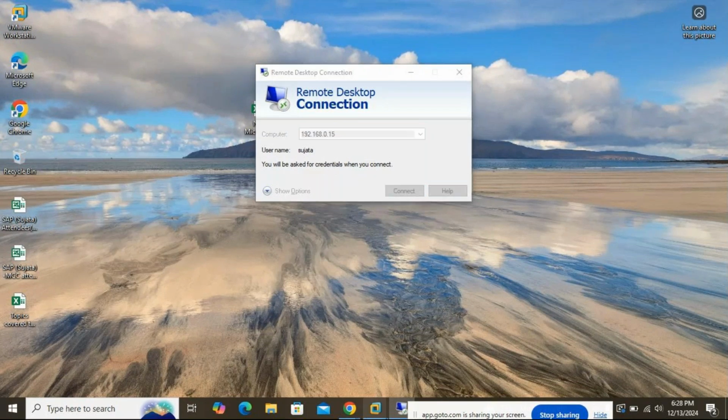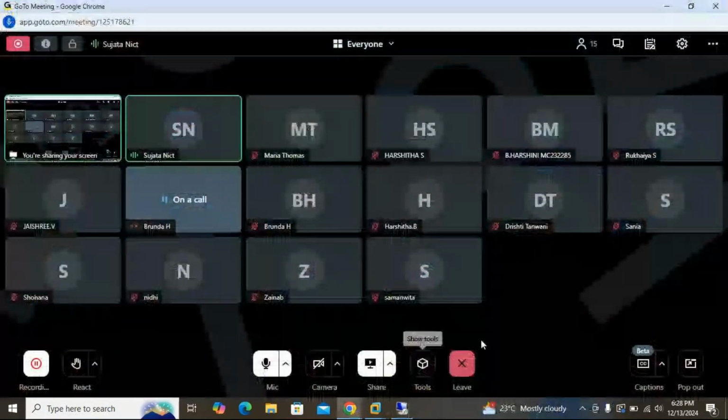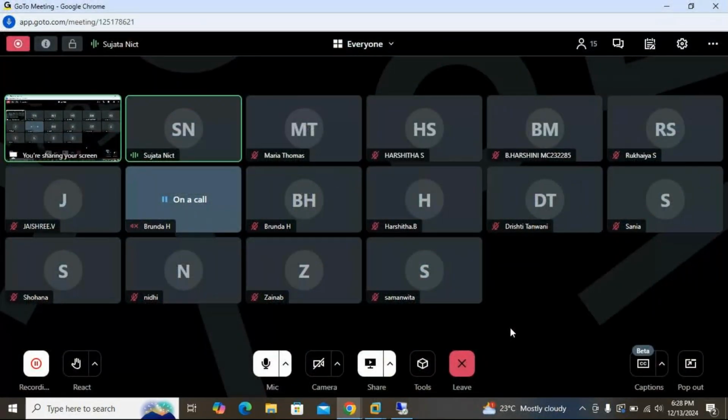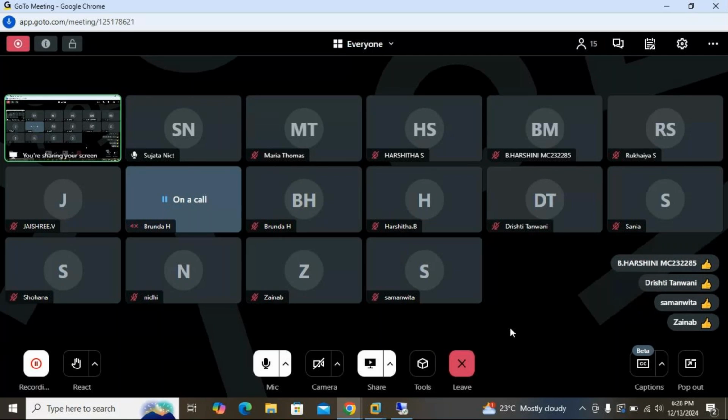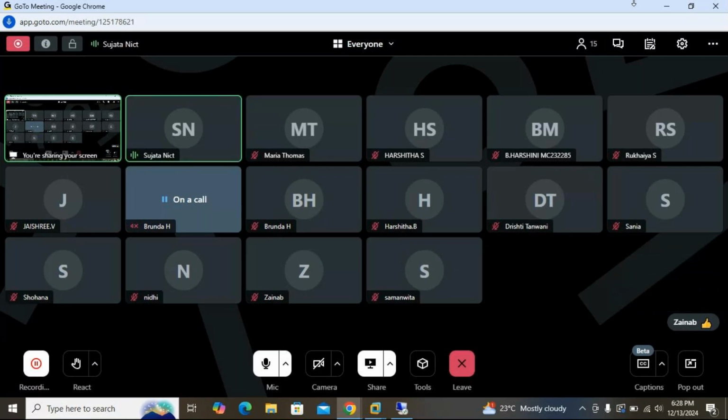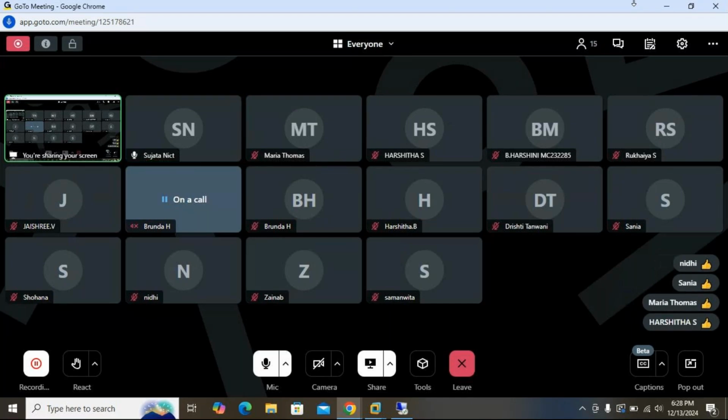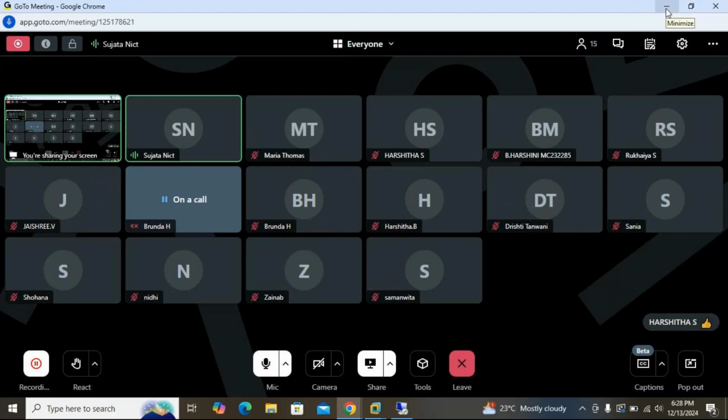Till this, any doubts, students? You understood till fiscal year? Okay. Or are you able to follow? What about others? Nidhi, Rukaya has sent me one message. What happened, Rukaya? Okay. So all are getting it? No problem. If anything is there, please text me here only in the message box.